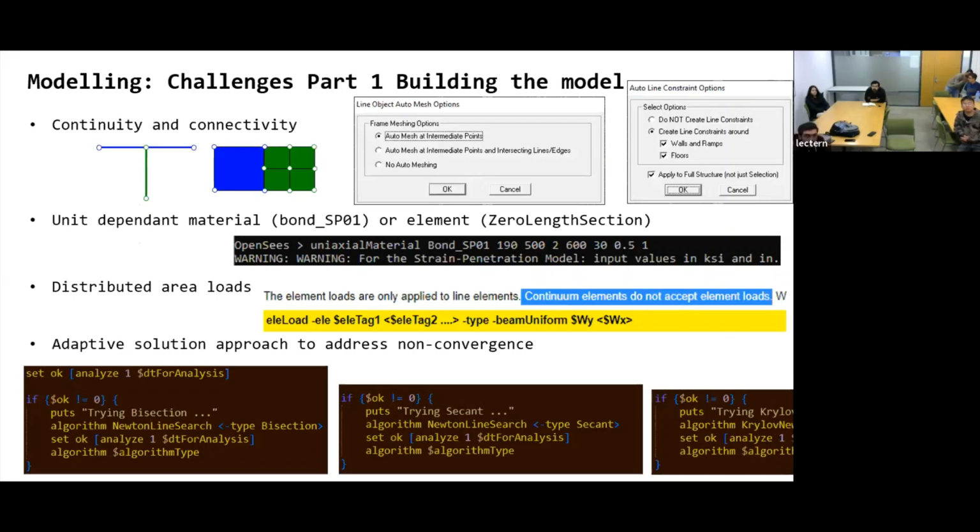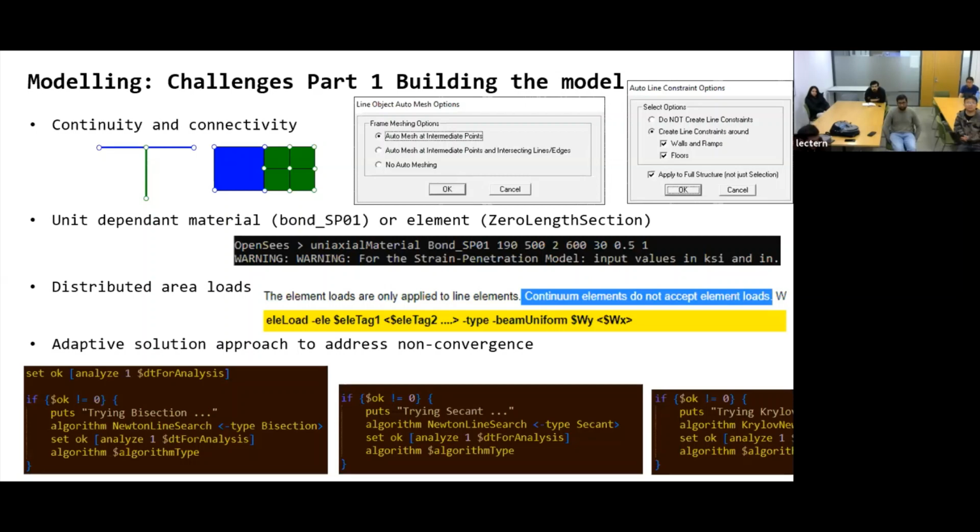So the first part, I will address as challenges. It will be challenges first part, and then how I solve it, the challenges second part, and how I solve it. In this first part, when you use commercial software, it is quite easy to just draw lines, draw elements,